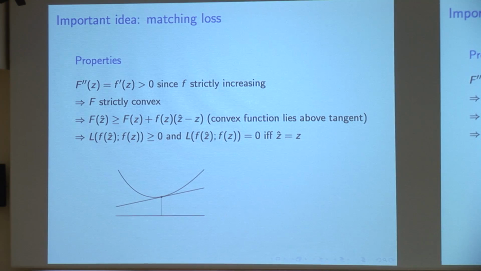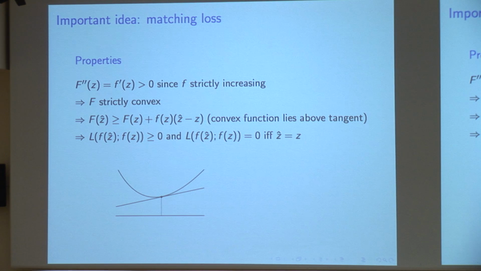A few facts about this definition. My claim is that this form is a loss function, and it has many nice properties. Let me tell you the nice properties that the definition automatically created for us. We picked a transfer little f, we construct a big F from little f, the antiderivative, and then we construct a loss from big F and little f. What properties does that loss function satisfy? First, what properties does big F satisfy?